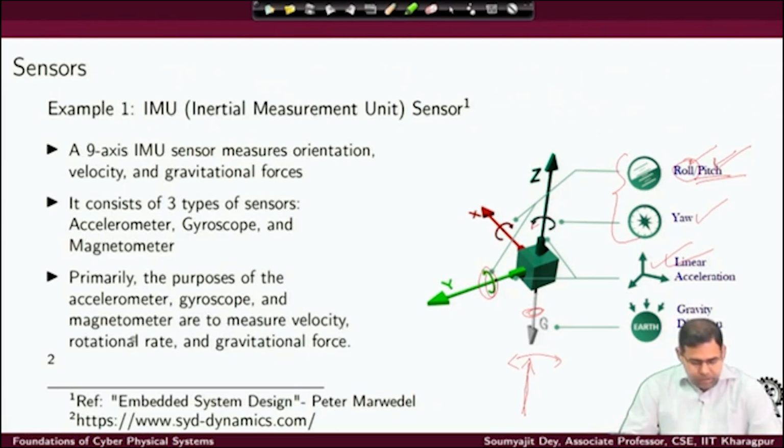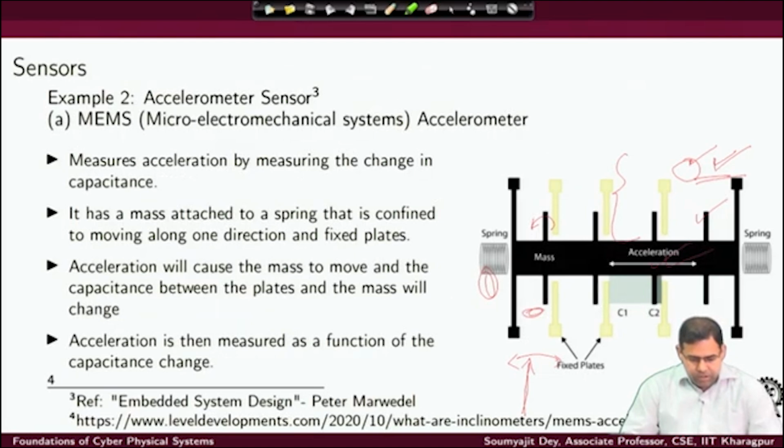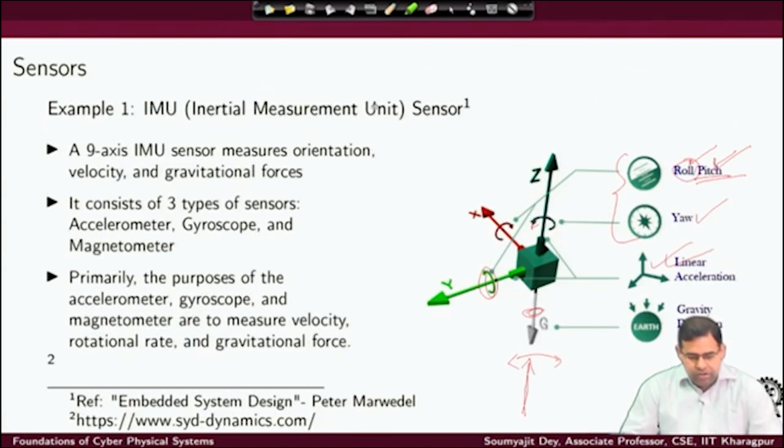So, we can use all these individual sensors, which together make the IMU, to give information about a physical system's motion and orientation, and that is going to help you design a suitable control law which is going to manipulate its motion. We are not going into the details of how this works here. We will go into the details of some sensors, maybe not all of them, but it will be more like an overview.